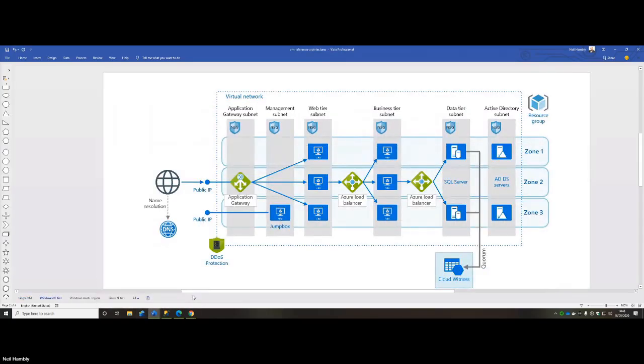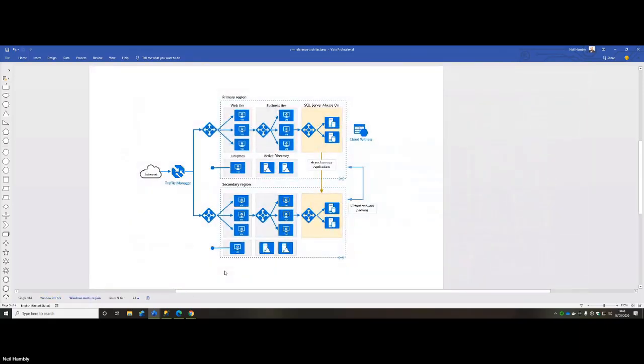You might have a more evolved version of that, something like this, where we're going to have additional complexity with high availability for SQL Server, and potentially even a hybrid deployment where some of your SQL servers are on premises and some are in Azure in terms of the availability groups, etc. And how do you put all that security around all of this? Good question. It's one that you would have to sit down and look at the traffic pathways, so the routing that you're going to have in place, etc.